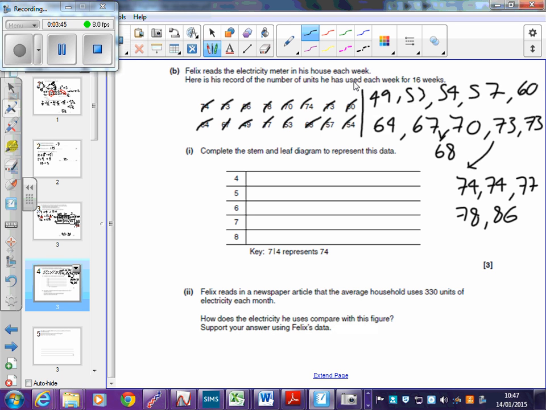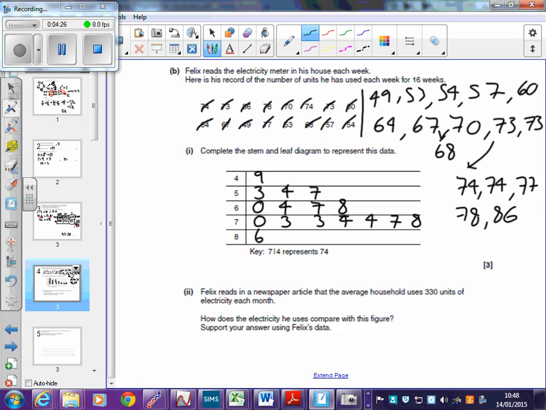Alright, so I can then do the stem and leaf diagram. For 40, I've got the 49, so I stick my 9 in there. The 50s, I've got 53, that 3 needs to go directly underneath the 9. I've got 4, and I've got 7. On to the 60s, I've got the 0, again, keep it in columns nice and neat. 64, 67, 68, and then 70, 73, 73 again, 74, oops, so that's a 4, 74 again, 77 and 78,